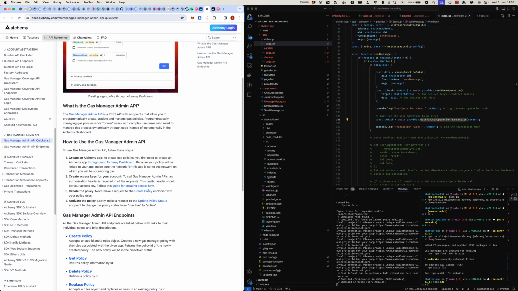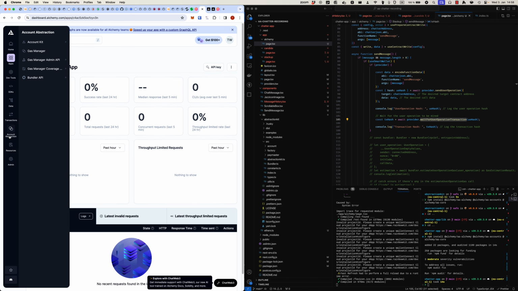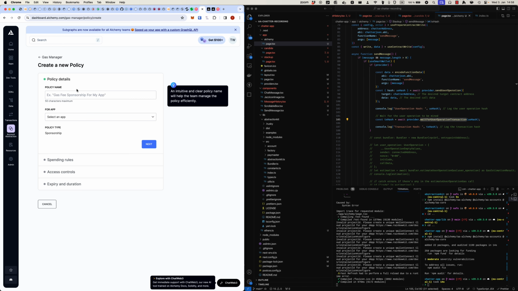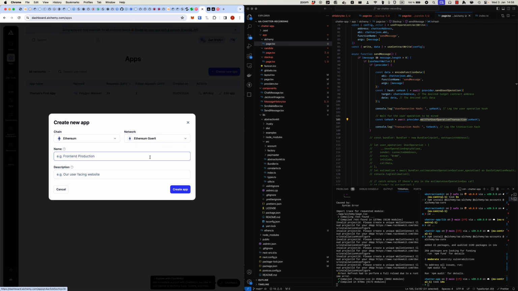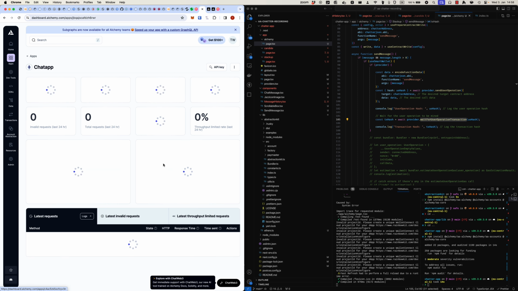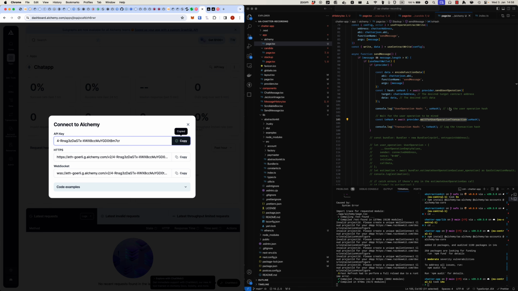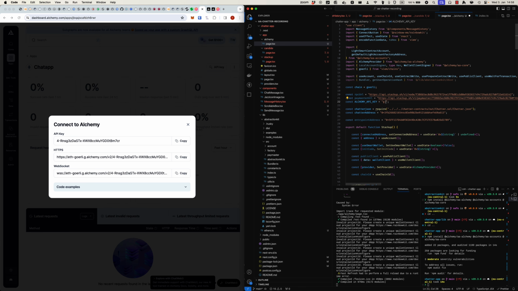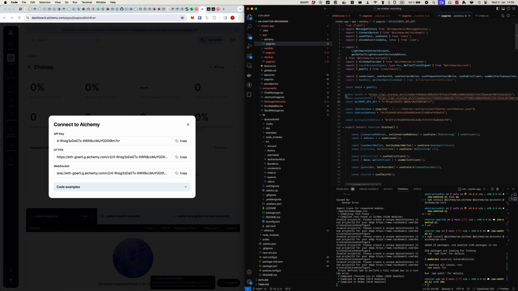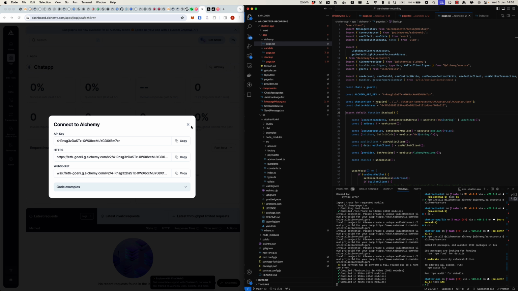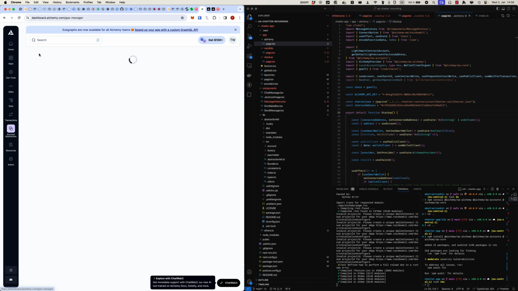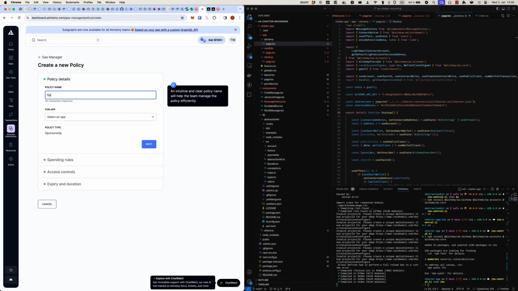All right, here we are in the gas manager and I'm trying now to add a gas policy. So I'm just creating this policy, trying to select an app, but I didn't create an app yet. So let's create a new app for Görli. Just call this chat app. And actually use that API key for my bundler. I don't need those addresses anymore. All right, create this new gas policy